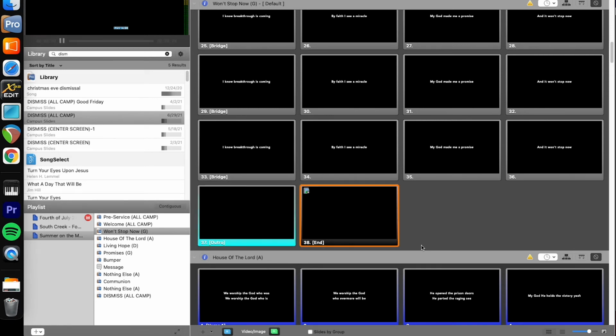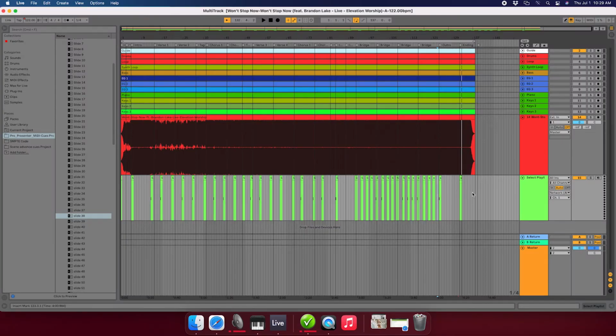And then that clears out at the end of the song. So then we're ready for the next song after that. This song has the lyric cues embedded into it. So the next thing we need to do is